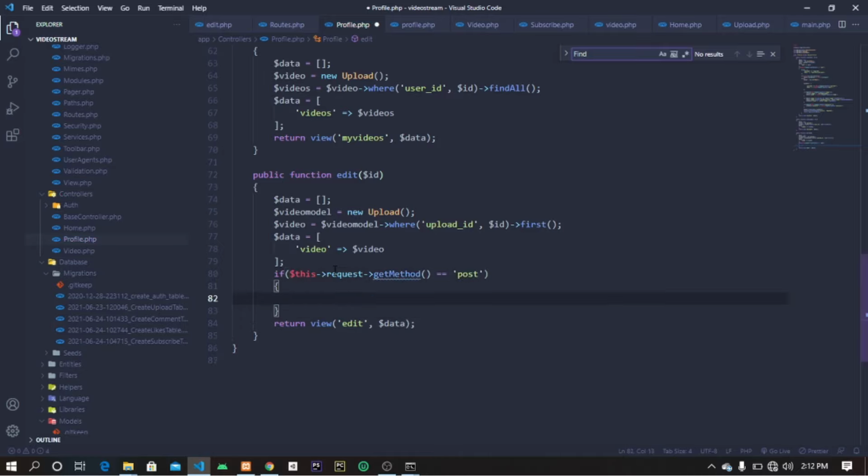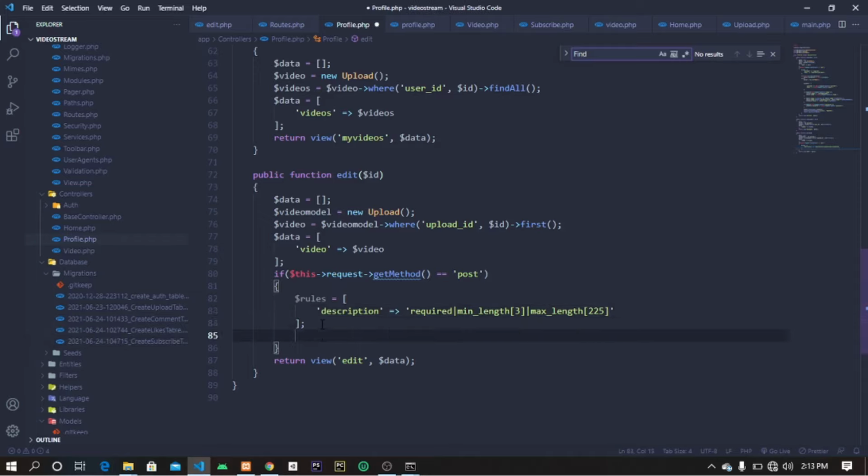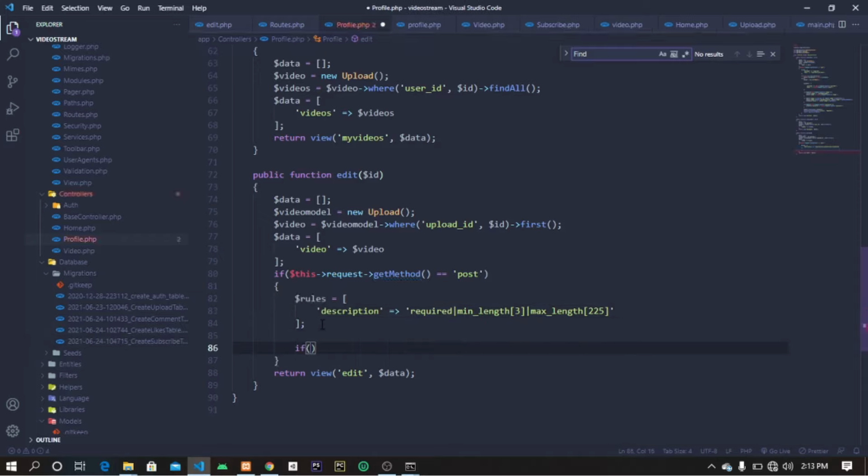So let's validate this by saying rules equals to: description should be required, minimum length should be 3, and max length should be 2 to 5. Okay, so let's go ahead and do, if that is not validated,